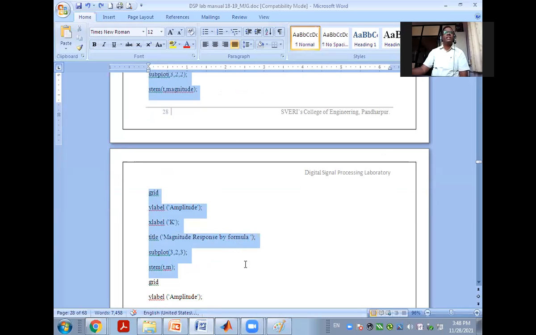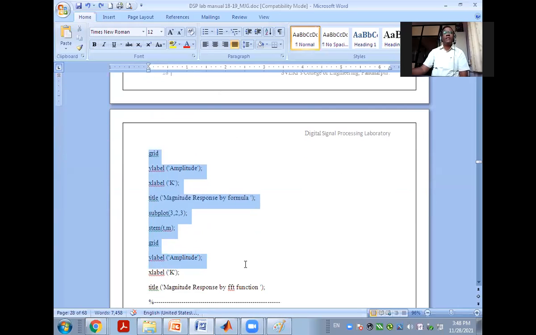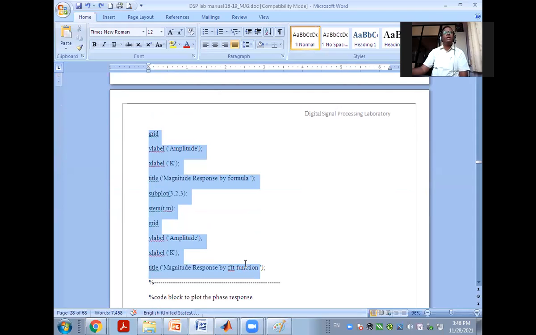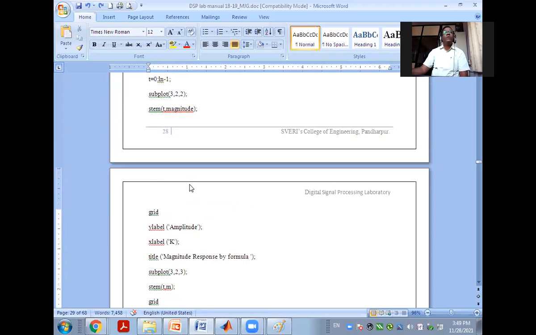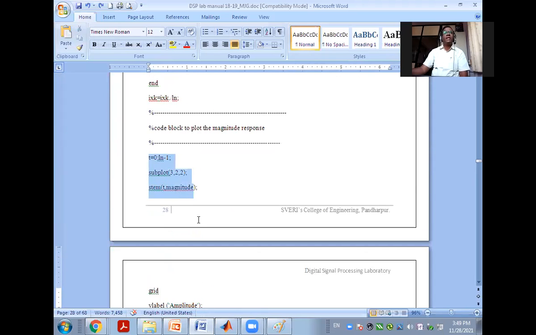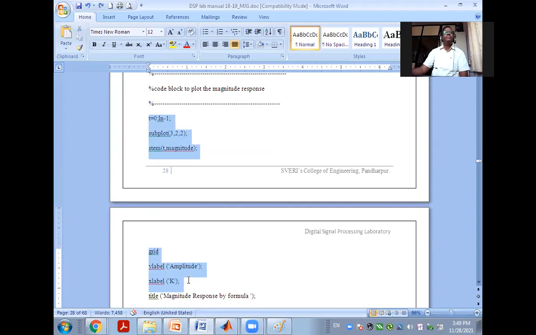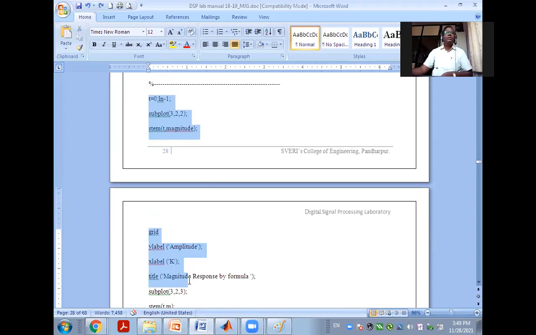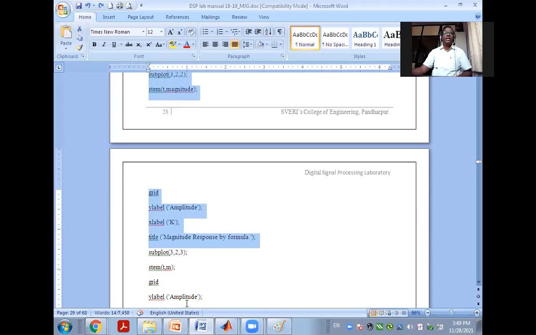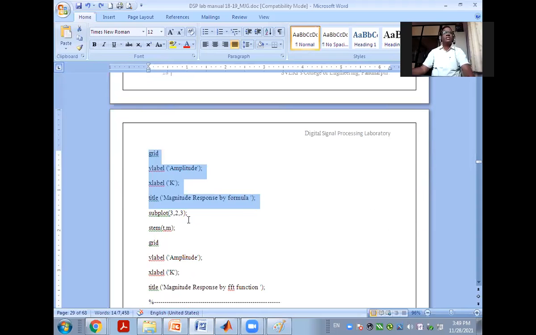Okay, and then we are writing magnitude response by formula. ये formula जरूरत नहीं है अभी हमें. So we will take out this part. यहाँ पे मैं ले सकता हूँ अभी इसका. So this part. Then again here we are writing this is subplot 323 t comma m and its value.